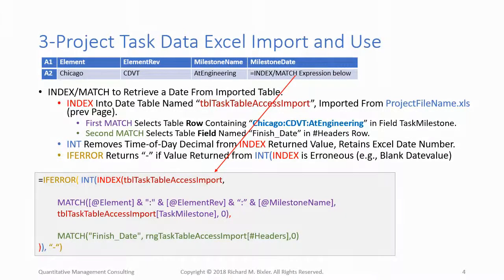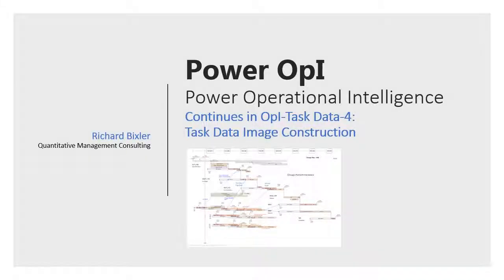So in this video, we've covered how to structure an MPP and Gantt plans, how to manage dependency and deliverable links among MPP subprojects, how to assign calendars to tasks in the MPP using a resource pool, how to assign structured keys in an MPP rollup, how to export task data from an MPP using provided VBA, how to import task data into Excel, and how to use index match to select and retrieve task data from data exported from an MPP rollup. The OPI task data sequence continues in OPI Task Data Part 4,